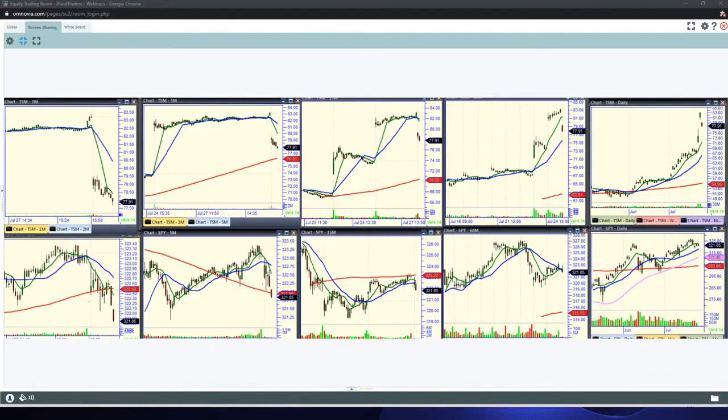Baba blew through 251 on that pullback, so we're done with that thing for now. Could you short Baba, the sell setup? Look for a retest. You could. Yeah, you could. I am not going to do that. However, I'm going to stay flat with some nice profits here.